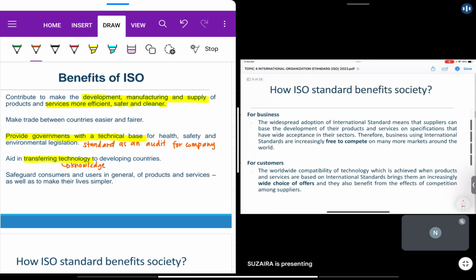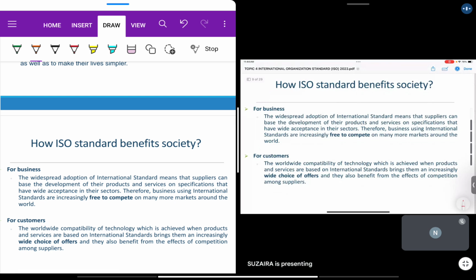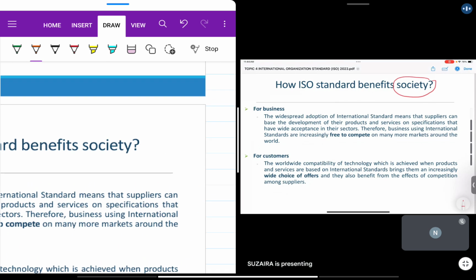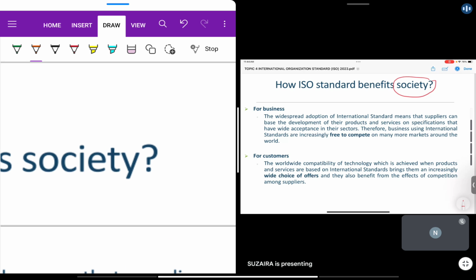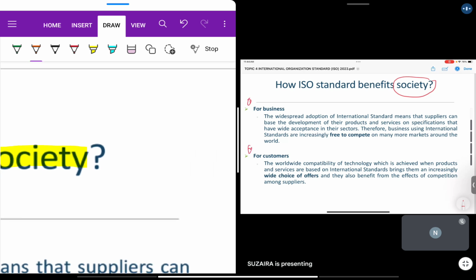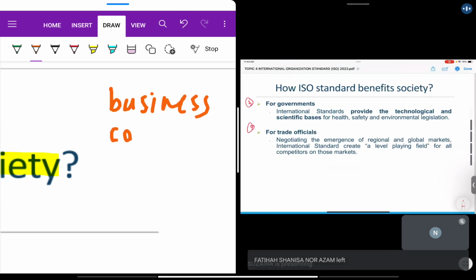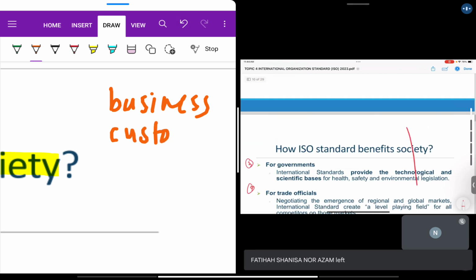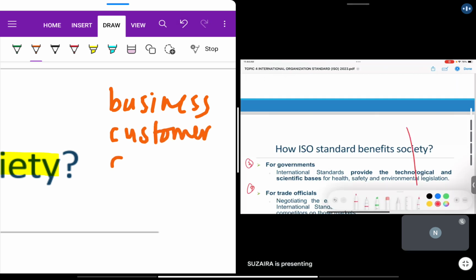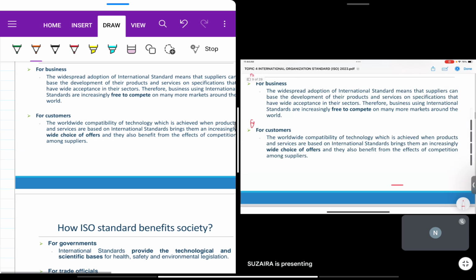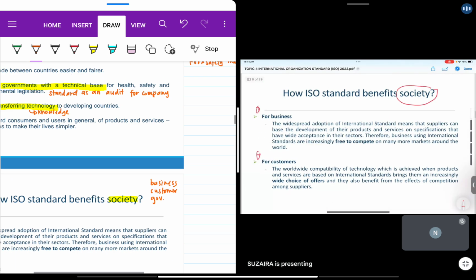In terms of how ISO standards benefit society, whenever you talk about society, we actually have four things: in terms of the business, in terms of the customer, and in terms of the government together with the trade official. So basically we have four. If we want to look at the first one, let's take a look at this one. So for business,